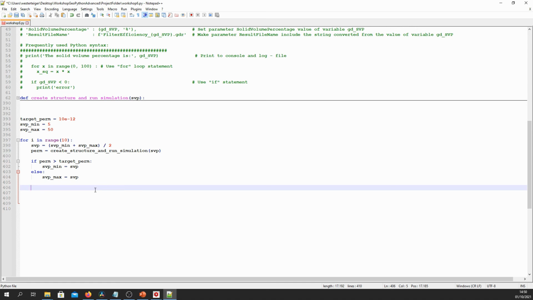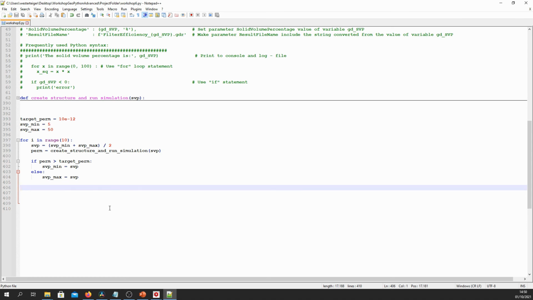But it's a simple approach that can sometimes work and is definitely a good introduction for what you can do. So this loop will then run for 10 times, and in each step it will pick one half of the current search space. So it'll start with 5 to 50, and then it will pick the upper half or the lower half, and it will continue for 10 times.